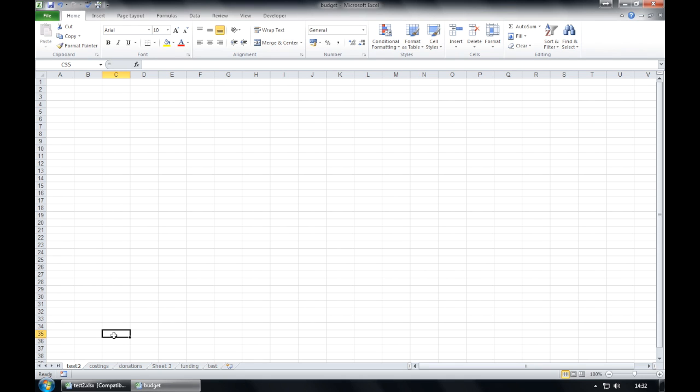We now want to move both of these worksheets to the very left and delete them. Well, test 2 is already on the very left of our worksheets, but the original test isn't. So we click on the worksheet, and clicking and holding simply drag to the very left hand side, both of them there. Finally, we need to delete both of these new worksheets, so we right click and press delete for both.